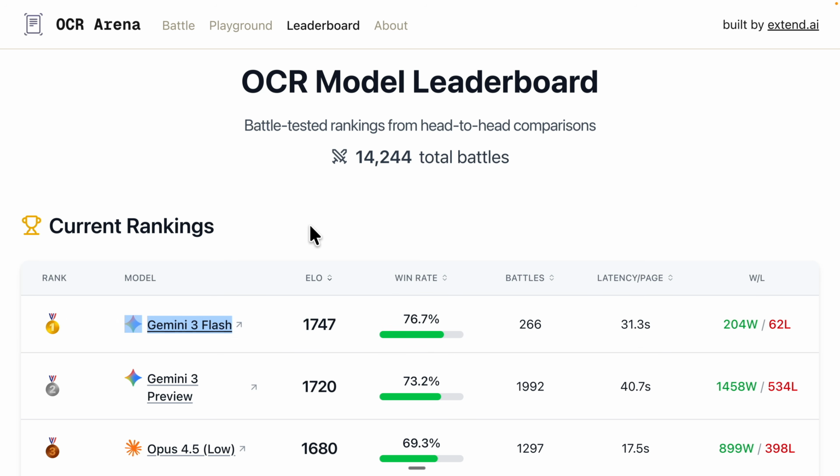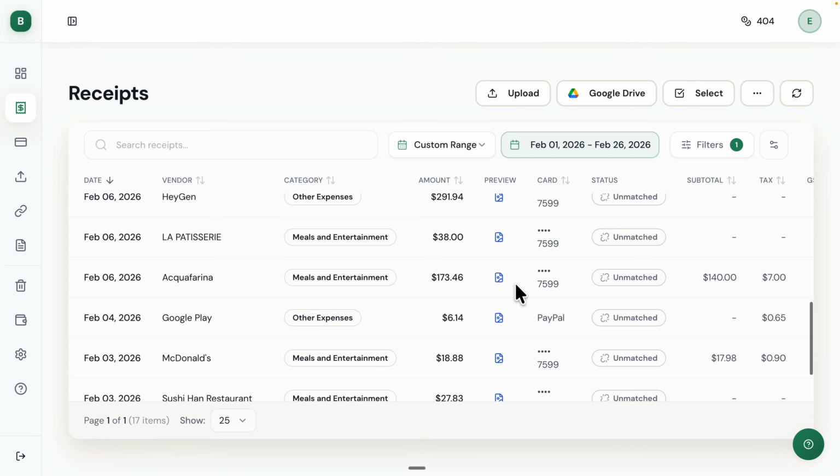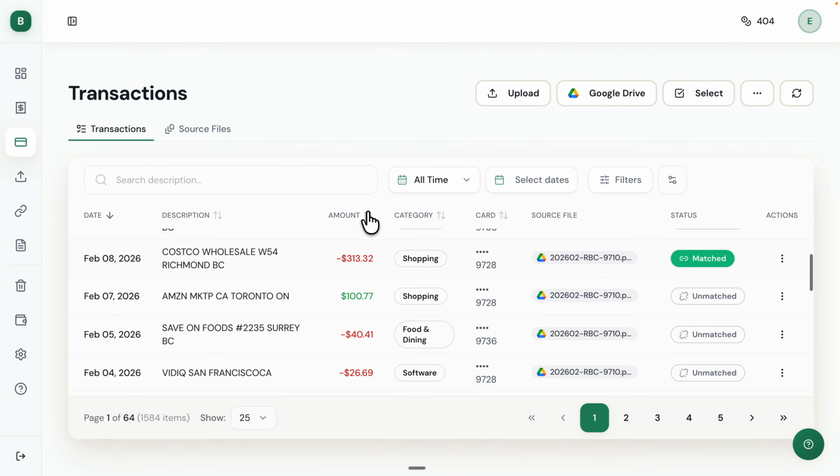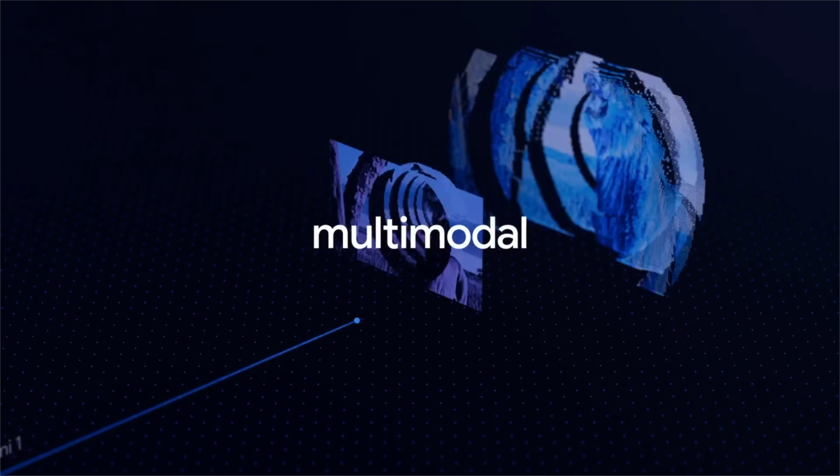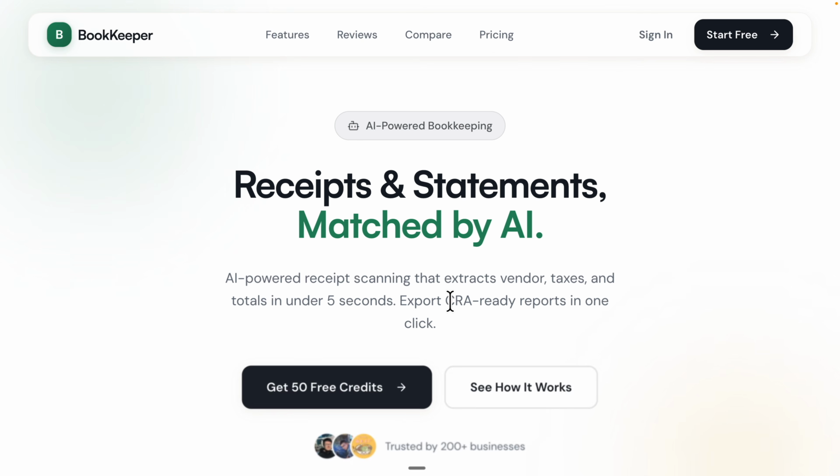Gemini 3 is here, and it is the highest accuracy model in the world right now with OCR. Because it's tax season, I was able to extract hundreds of receipts and hundreds of transactions from different bank statements, and all automatically match using the power of Gemini OCR model. But most importantly, I was able to do this completely for free using a tool called Bookkeeper's AI, which uses